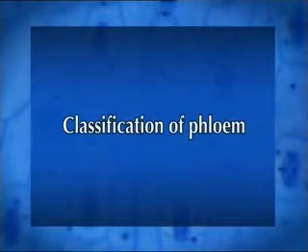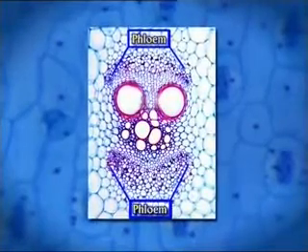Classification of phloem. As a rule, the phloem is associated with the xylem in the vascular system, and like the xylem it may be classified as primary or secondary on the basis of time of its appearance in relation to the development of the plant or organ as a whole. The primary phloem is initiated in the embryo or young seedling and is constantly added to during the development of the primary plant body, and completes its differentiation when the primary plant body is fully formed.